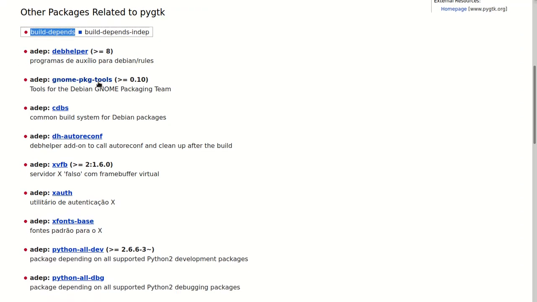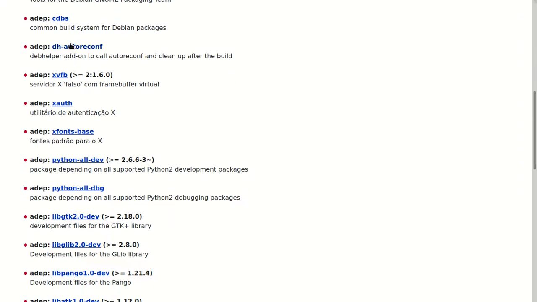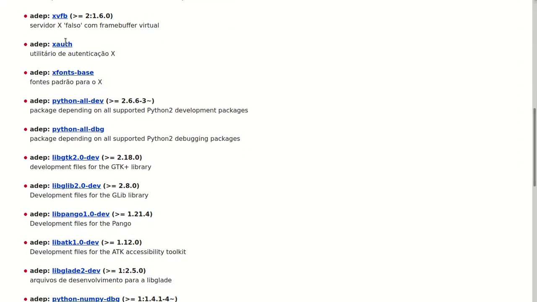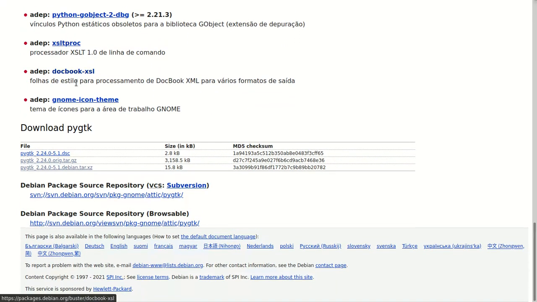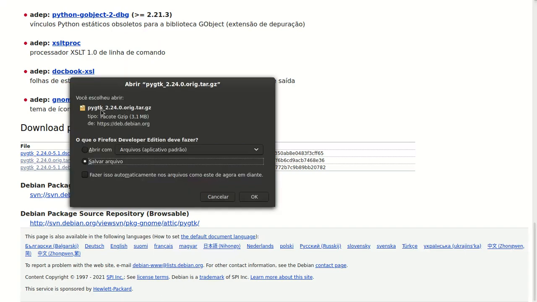I installed them one by one, using apt, all of them. Once these packages were installed with no errors, I came here and downloaded this package, downloaded in my download directory.